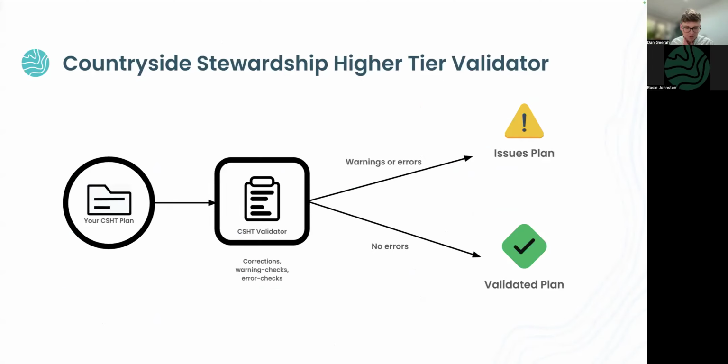So with the Countryside Stewardship Validator, what we do is we take a plan that's been designed, and that'll make sense in a moment once we've done it together. But we take that plan. So in this diagram is the stewardship higher tier. It could be an SFI scheme. It could be a UCO scheme. And we basically run it through a series of questions. And we make sure that firstly, you're not making any obvious mistakes, like, oh, I'm putting woodland outside of my ownership, or I'm trying to, I don't know, put a grassland option on an arable field.